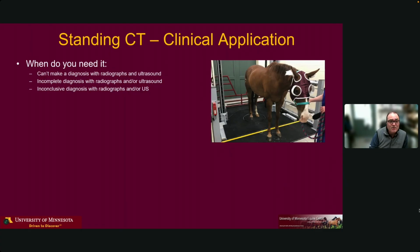What we have to remember is that for the X-rays to show you a lesion, it requires a certain amount of bone damage. And a lot of the times, one of the frustrating things for us that work with sport horses is several times we can have the area localized. We take some images and we're not seeing it. It's not that it's not there. We just can't see it with X-rays, and that's when we apply these